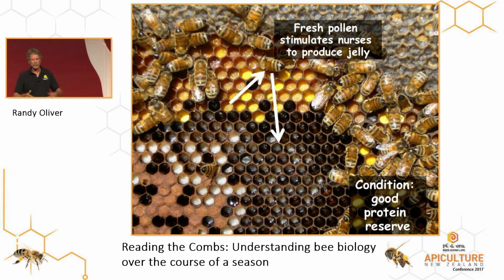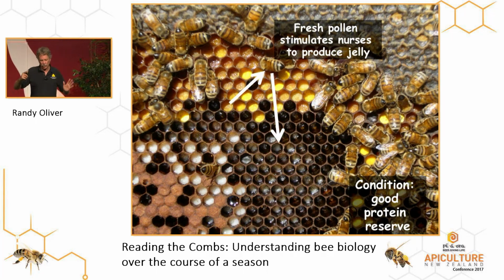Okay, understand this. In the hive, it's pitch black. The foragers have no idea what's happening outside in the environment. The only way they can tell is by the presence of the pollen or the nectar coming in from the field bees. So the nurse bees always have a really good idea of what's happening in the environment by simply walking to the edge of the brood nest and assessing the amount of pollen that is stored right there. If there's extra pollen stored, that means that the foragers are bringing in plenty of pollen, and that gives the nurse bees a very clear signal that says, outside where you can't see, conditions are really good, lots of pollen coming in, you need to rear brood. You need to feed the queen lots of jelly. You need to feed every single larva.